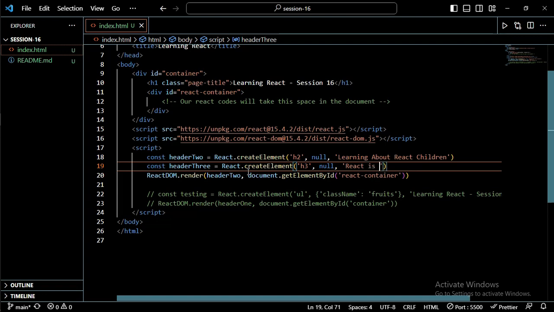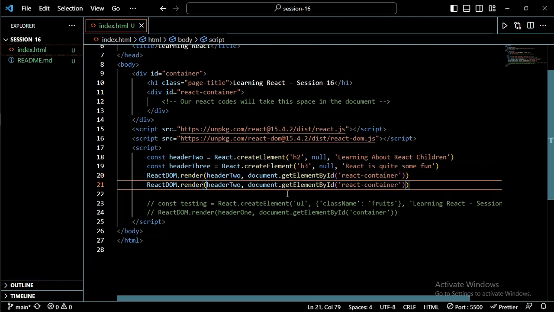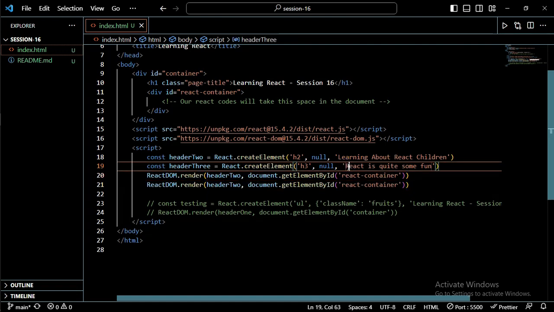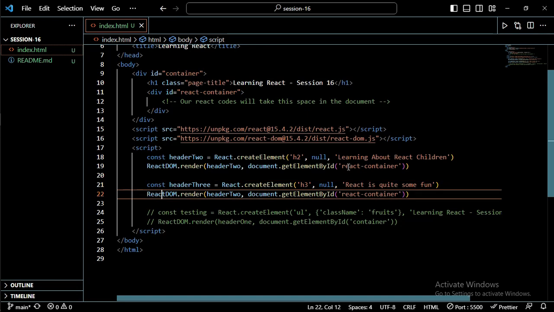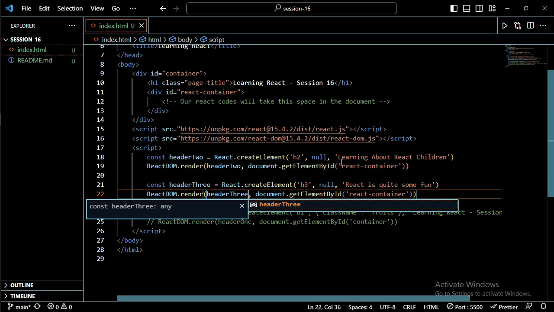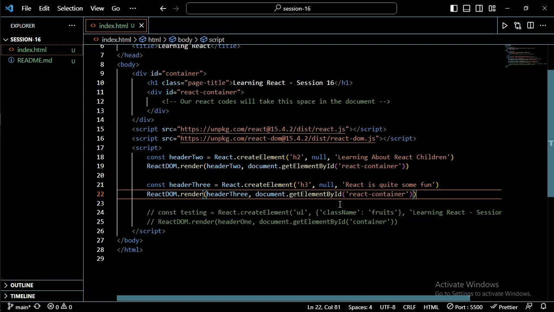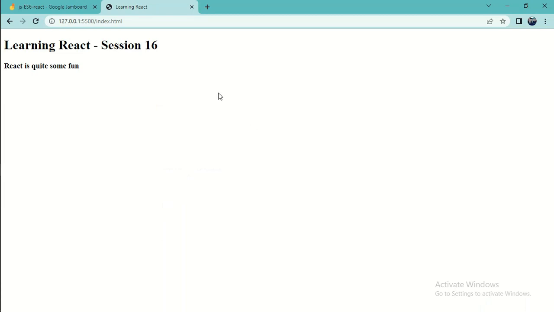React is quite some fun. I don't know whether that is good English or a good expression. Okay, so now let me copy this and paste it here to the render. This is supposed to be rendered by this. Let's create a space between them and see what will happen. I want to render header 3, and I'm targeting the same place. Let's go. See that it has overridden the other one,